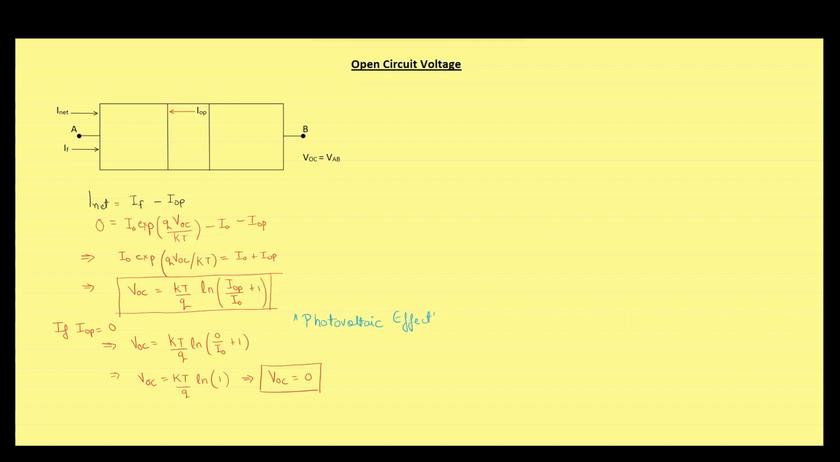If we try to expand the expression for open circuit voltage, we can write optical generation rate to be equal to, similarly, reverse saturation current is equal to